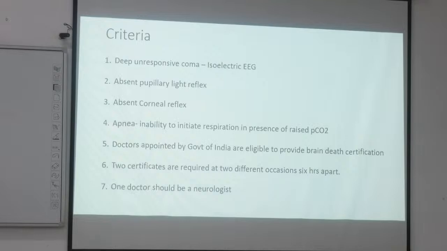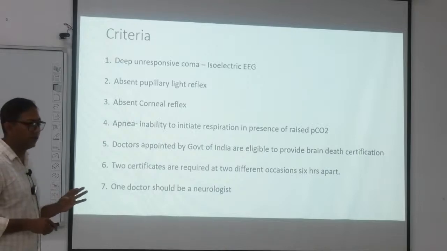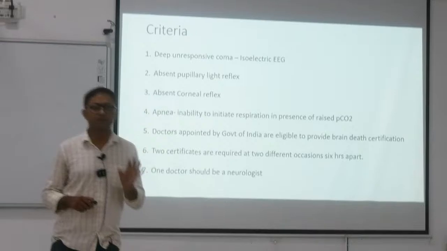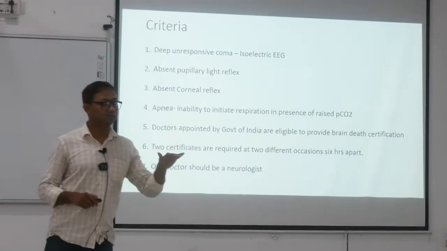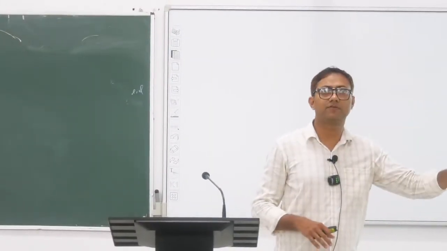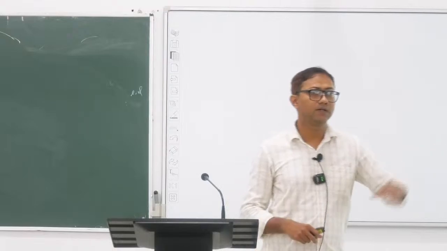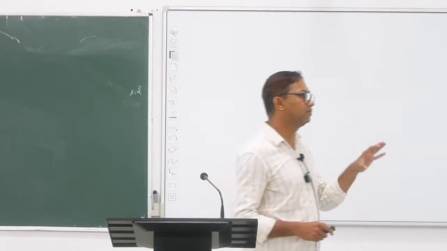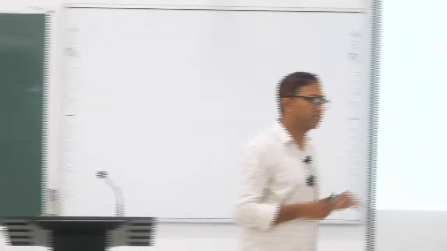Usually there is a team of doctors who declare a patient brain dead. When to declare brain death, there are some criteria. Number one, it should be a deep unresponsive coma. And if you perform an electroencephalogram, it will be a flat line. Just like cardiac arrest, you check ECG and instead of getting PQRST waves, you get a flat line. Similarly, in electroencephalogram, you perform EEG on a brain dead patient, it will be a flat